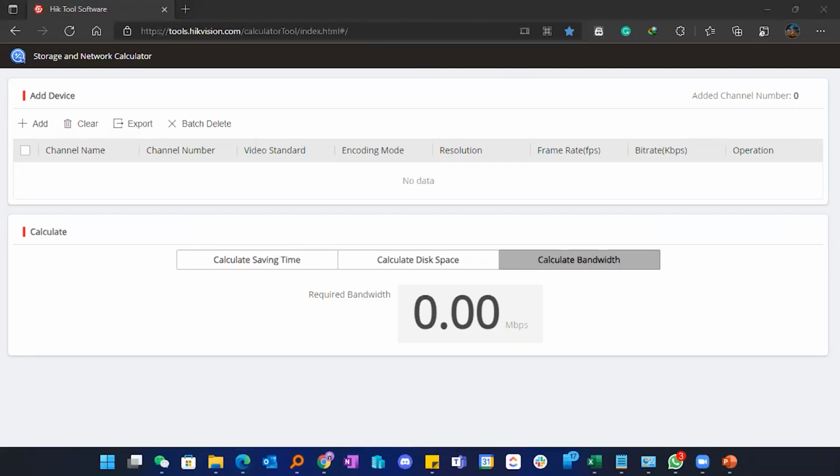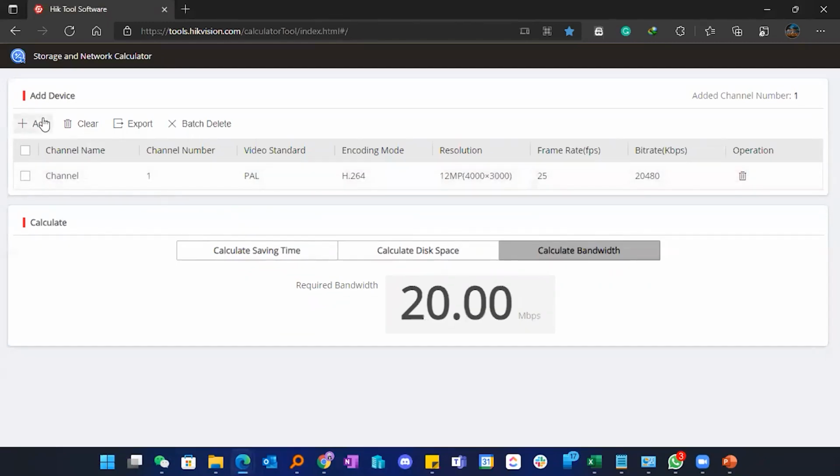This is a web version of the storage and network calculator, and we have a desktop version also. If you are comfortable using a desktop app, you can download it as well. If you want an ultra convenient way of using this, we have the same tool built into the HiKey Partner Pack application as well. So just download the HiKey Partner application and you can also use the storage and network calculator. So here, this is very easy. For example, let's say we have